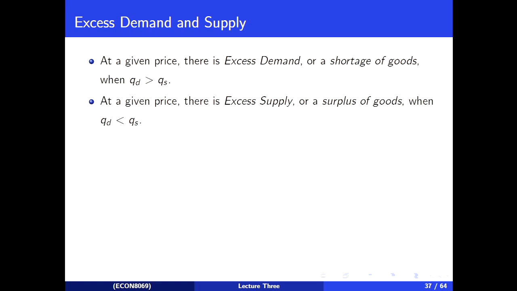So at a given price, we're going to talk about there being excess demand, and excess demand is the same thing as saying there's a shortage, when the quantity demanded exceeds the quantity supplied. When I'm at this high price here, a price of $5, the amount that is supplied, the amount that is demanded, nope, excess demand. When I'm at a nice price down here of $3,